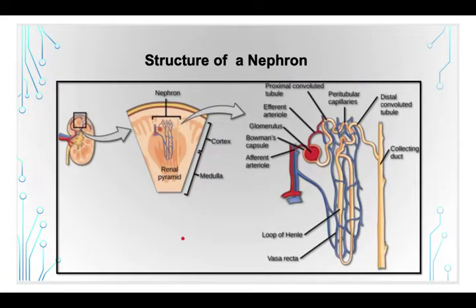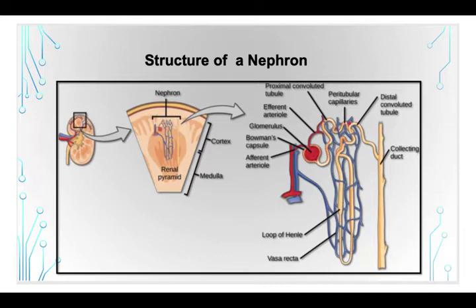Now here in this slide you can see the detailed structure of the nephron, which is known as the excretory unit of the kidney, or the structural and functional unit of our excretory system. Here in this diagram you can see this cup-like structure of a nephron known as Bowman's capsule. Here is a capillary network through which ultrafiltration is going on, and in this convoluted, tubular portion of the nephron,